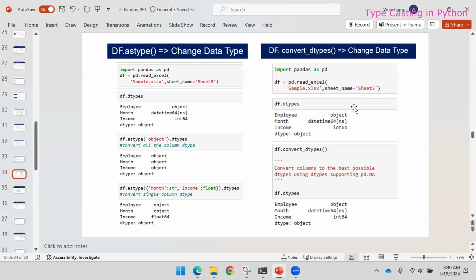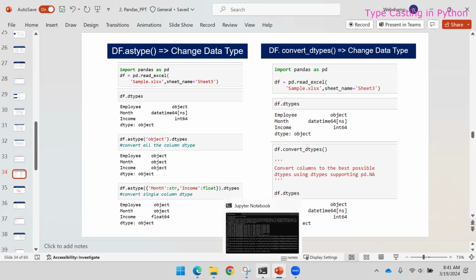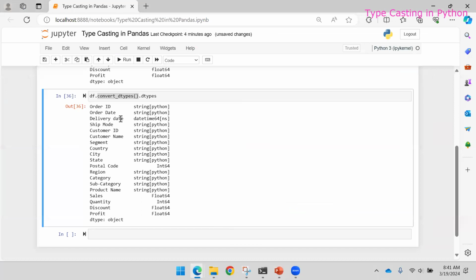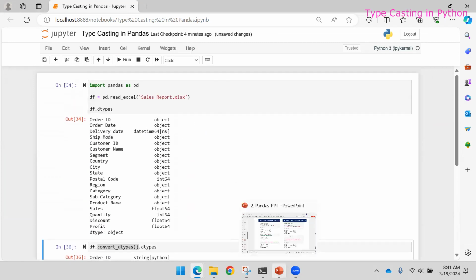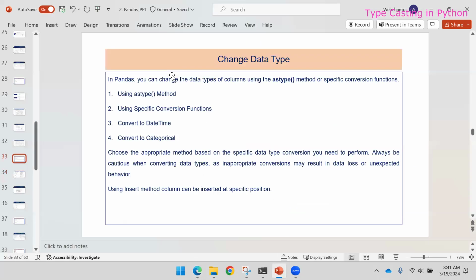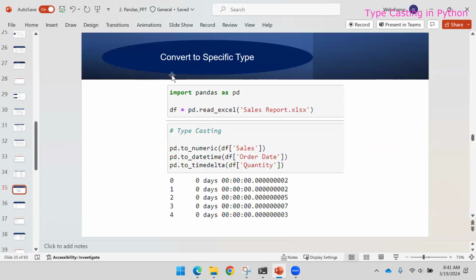This will try to convert the column to the best possible data types, but it is not always going to work. It may work, it may not work. So here, what is my expectation? It should convert my order date, but this is not happening. It keeps my order date in the string format. But yes, we have a way. So what we can do is we can use astype or specific type conversion, like to_datetime,